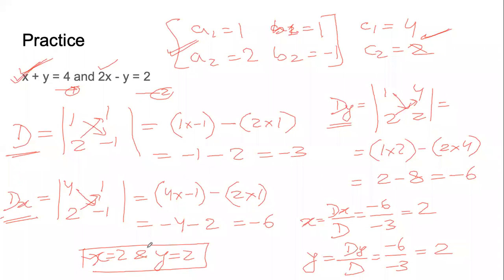It should be so, because the question is the same, so the answer will also be the same, but the methods are different. If you observe all the methods clearly, intently, you will realize that you end up doing the same amount of calculations. The only difference is how we write it. So it is up to you which method you use. If the question doesn't mention which method to use, you can use the method of your choice. If the question tells you to solve it by determinant method, then you have to use the determinant method.